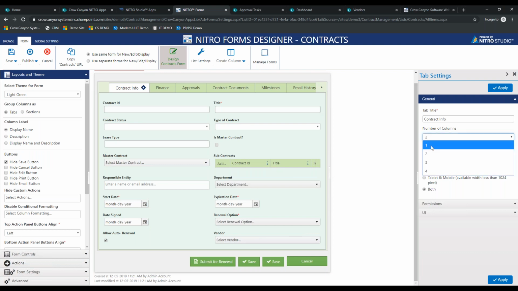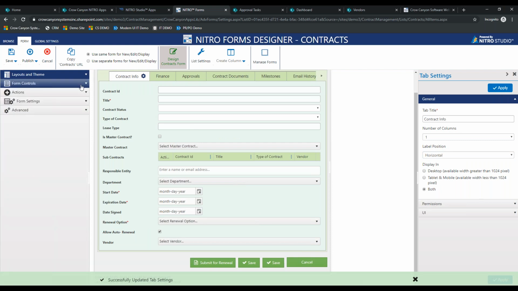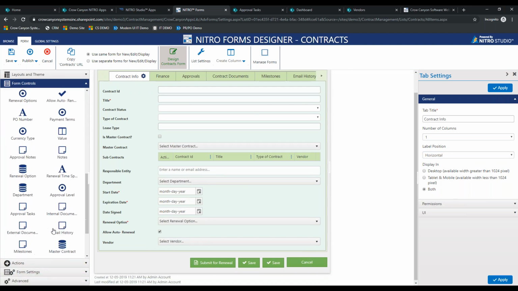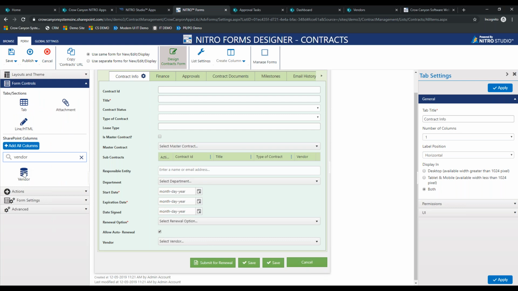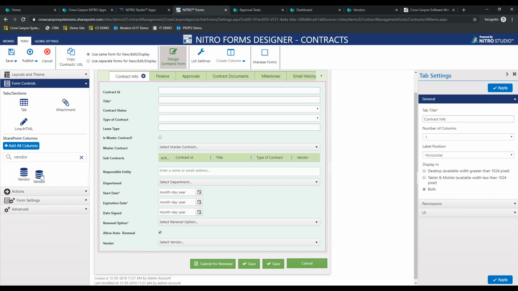Now, when it comes to changing the form, adding columns, we've also tried to make that as WYSIWYG as possible. So here, under form controls, we give you all of the columns available in the SharePoint list here on this left-hand side. Now you can search them or scroll through them. Once you have them, you can drag and drop them in. Now this one already exists, so it's not going to let me do it, which is kind of a nice